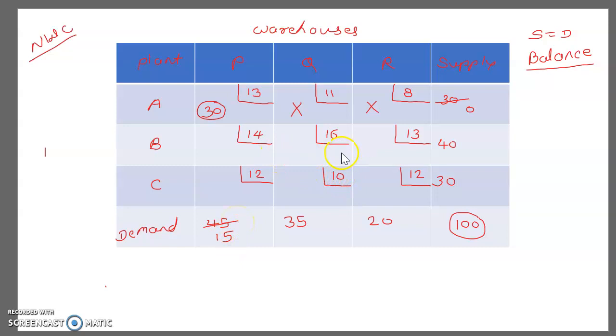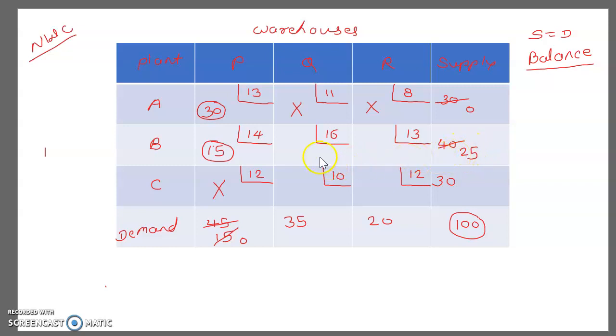Then go for the second iteration. Whatever remaining table we have, the northwest corner cell for this table is this one. The demand of this cell is 15 and the capacity is 40. So we are going to put here the minimum amount, that is 15. We have finished this 15, the balance is 0. So in future we are not going to allot any single unit in this cell. Therefore, I am going to cross out this cell, and on the row side, the balance is 25.